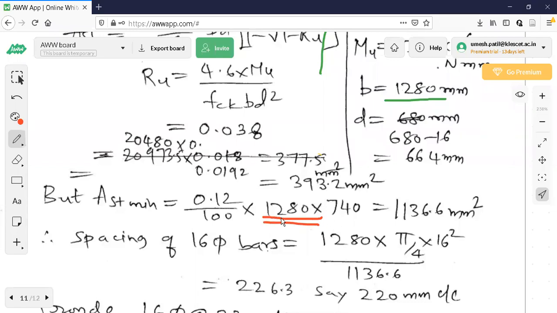So B is measured along capital L. You understand only this much. B is measured along capital L for this calculation, not that B, because the bending is considered in the transverse direction. That is why. So when you calculate AST minimum, here it is 1280. In the previous calculations of longitudinal steel, it was 2000. Now 1136. Now it is 392. Compare these two, this is higher. For this you